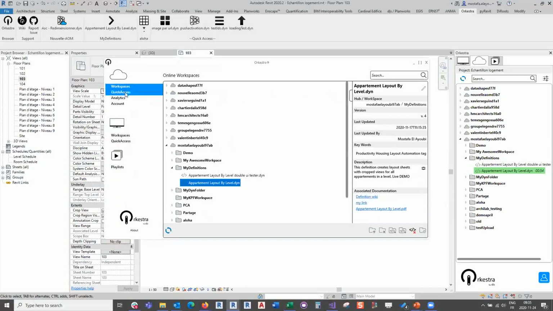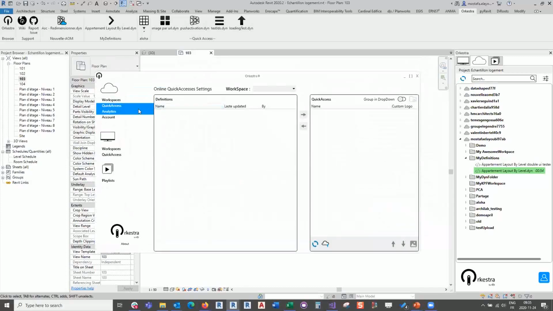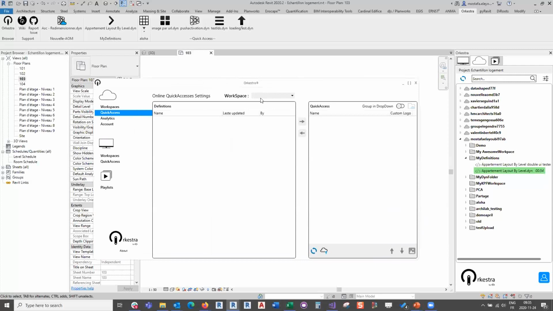And maybe I'll move on to this part here. I'll go through this one real quick because I've already pretty much shown how it works. You can create quick accesses on your ribbon, except for the fact that this time I'm looking at cloud quick accesses. And these are much more powerful because the local quick accesses are really for personal use, whereas the cloud quick accesses, well, these,